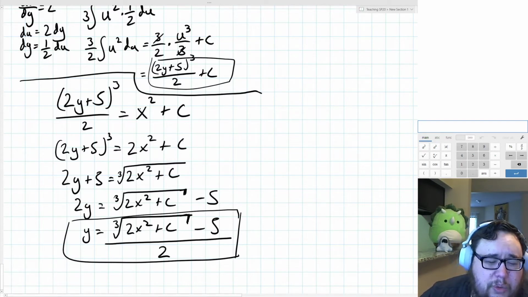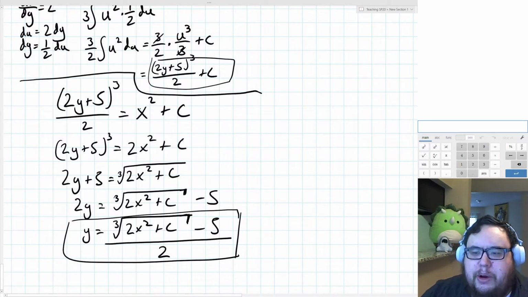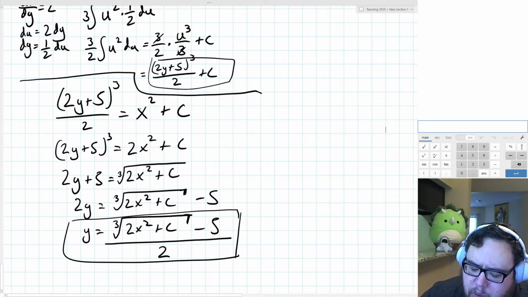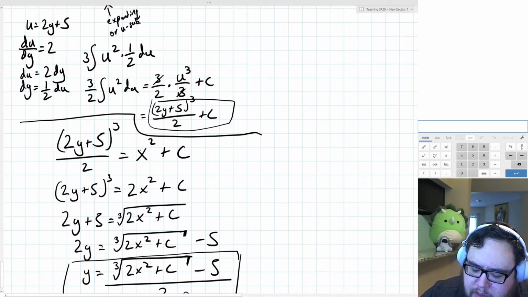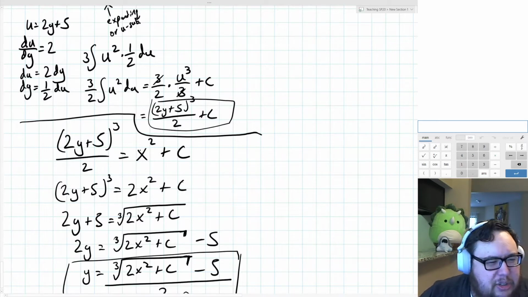You're not totally wrong. It would be better to be very fastidious about what we were actually doing to our constant, but because it's just some constant when we're doing the general solution, it doesn't matter. However, note that this constant c that we end up with at the end might be different than the c you received if you had solved for c in an initial value problem. So it's not the same c in an initial value problem.